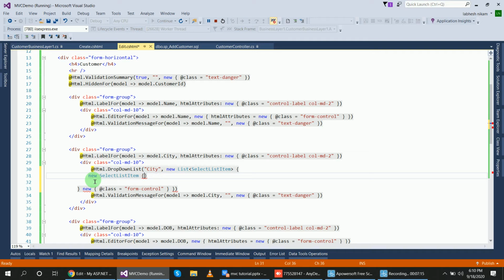Text equal to Surat, and value equal to the same, Surat.